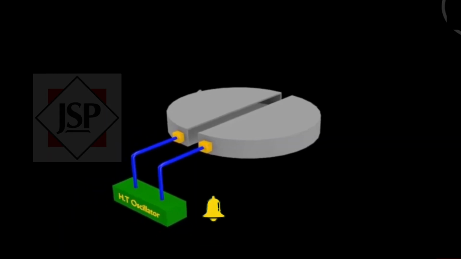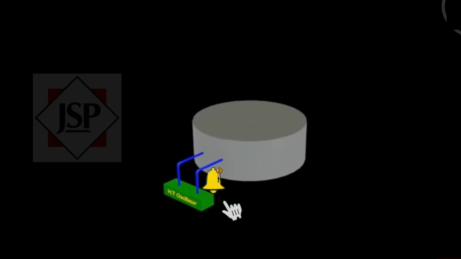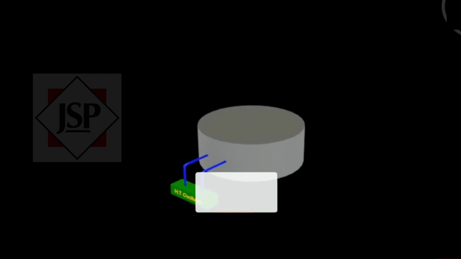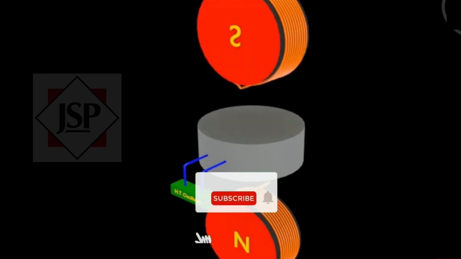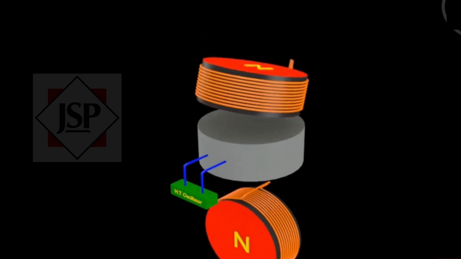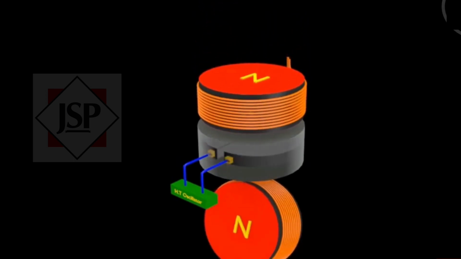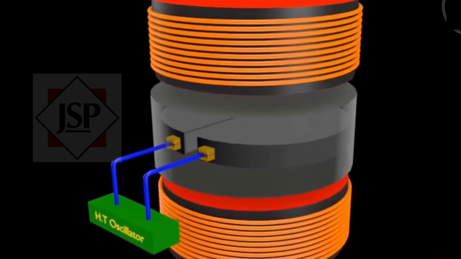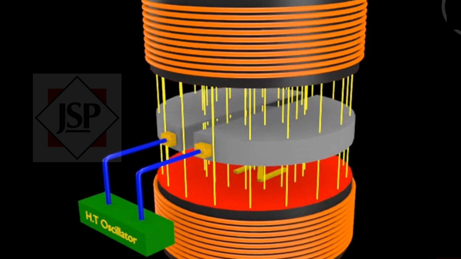The D's are enclosed in an insulated metal box containing gas at low pressure. The whole apparatus is placed between strong electromagnets such that the south pole of one electromagnet is facing downward and the north pole of another electromagnet is facing upward, which provides a magnetic field perpendicular to the plane of the D's, acting from north pole to south pole.